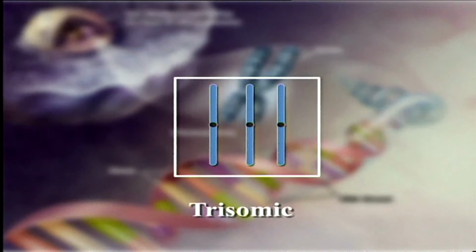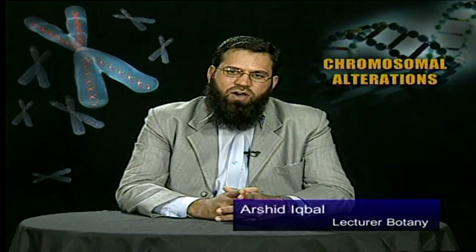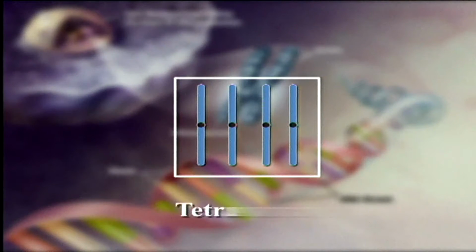Trisomy involves a single extra chromosome, that is, the cell has 3 copies of one chromosome type and 2 copies of every other chromosome type. Tetrasomy involves an extra chromosome pair resulting in the presence of 4 copies of one chromosome type. Such aneuploidy arises if non-disjunction occurs for the same chromosome in meiosis in both parents, producing gametes each with 2 copies of that chromosome and 1 copy of all other chromosomes in the set.